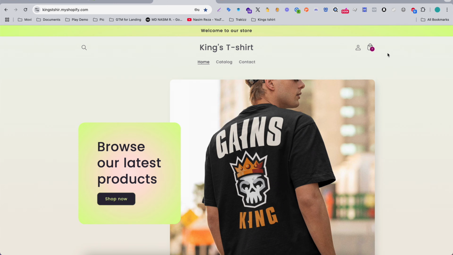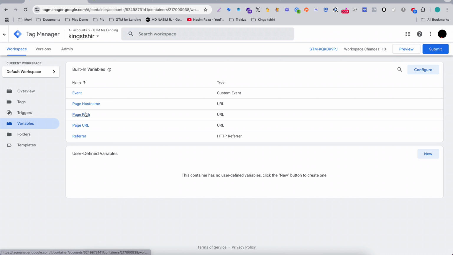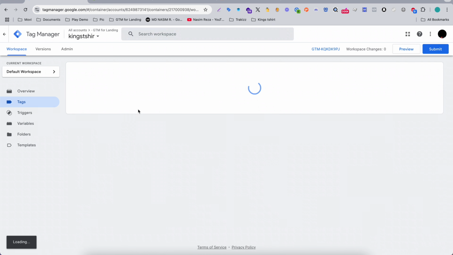This is my website and this is my Google Analytics dashboard and this is my Google Tag Manager dashboard, and all are look like new. There is nothing in the account. Okay, something like I am set up from scratch. Okay,